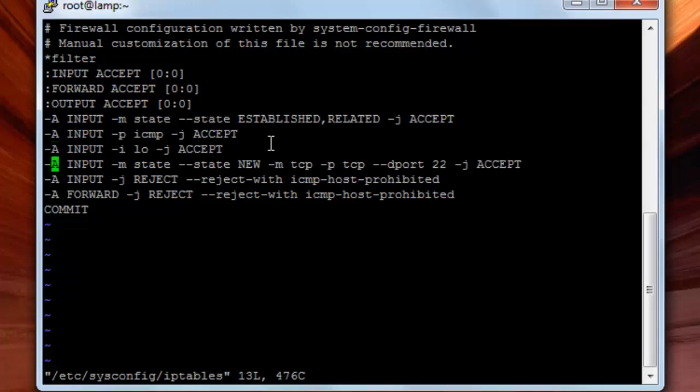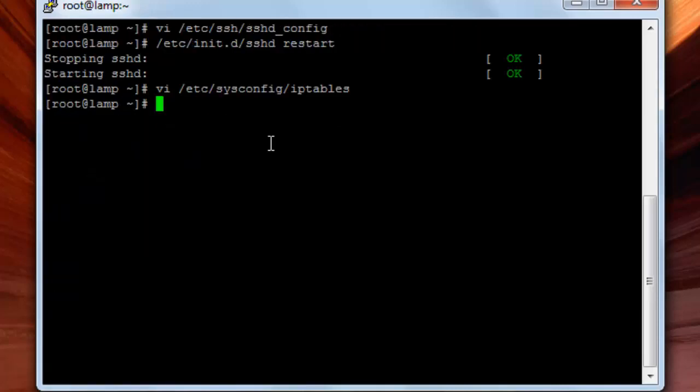I will go down here to this line and I will press I to get in the insert mode, and next to port here I will delete the old number and insert the new number, which will be 3212, and then I will press escape, then shift, colon and wq, press enter, and I will restart the IP tables,